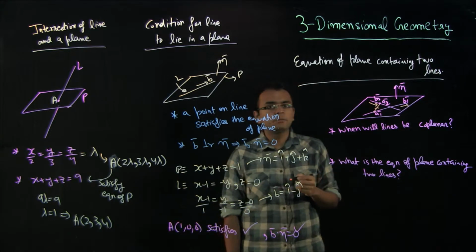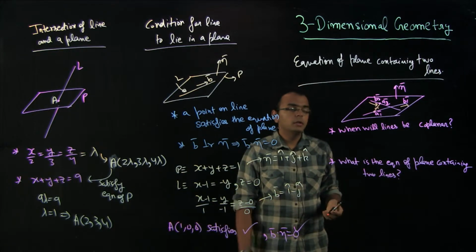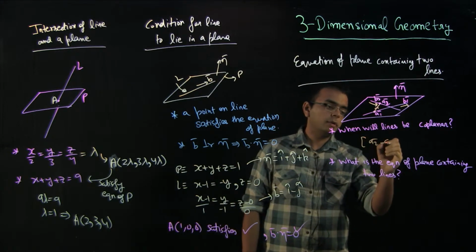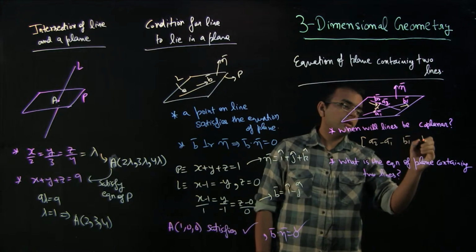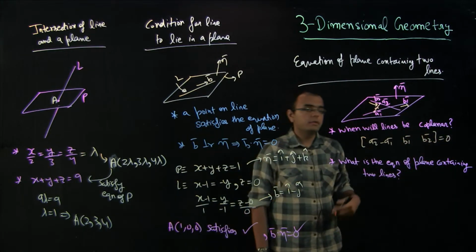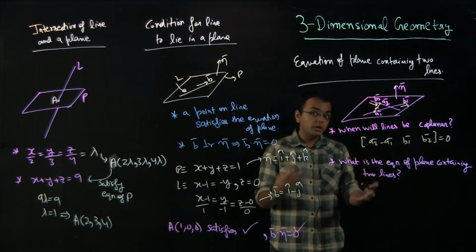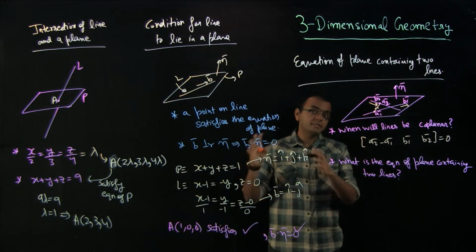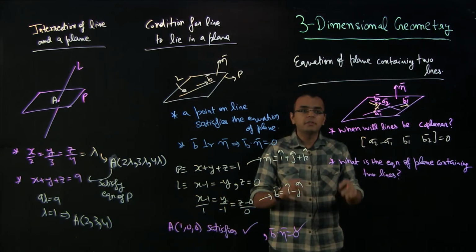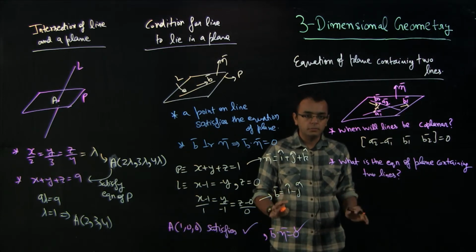We have discussed this before in terms of when two lines are coplanar. I hope you can remember this, that A2 minus A1, B1, B2 is equal to 0. That is why I am not doing this again. We have discussed the coplanarity condition for the lines. If you do not remember this, then please go back and check. So lines will be coplanar if the scalar triple product of A2 minus A1, B1, B2 is 0.